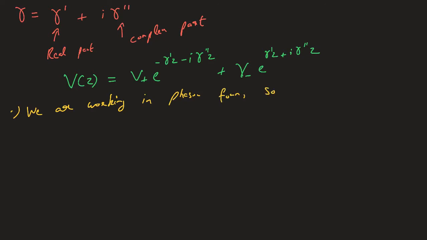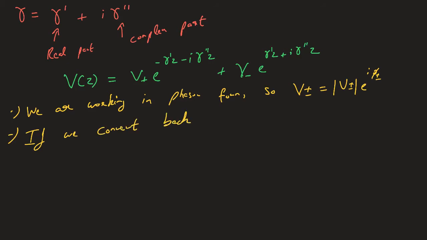So we know that in reality V plus or minus is equal to the magnitude of V plus or minus times e to the j phi plus or minus. So if we convert back to time domain,